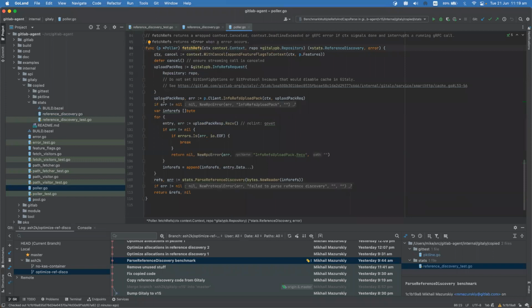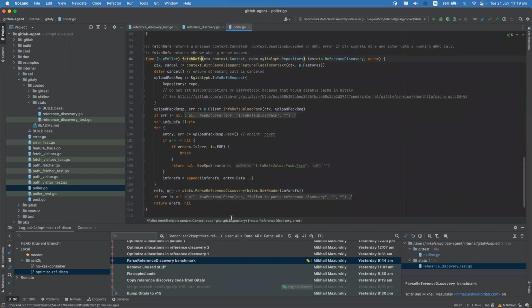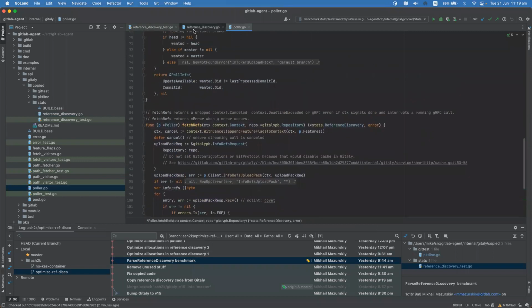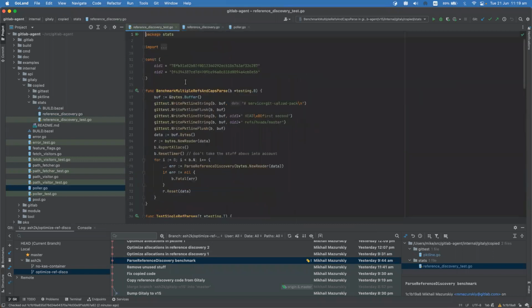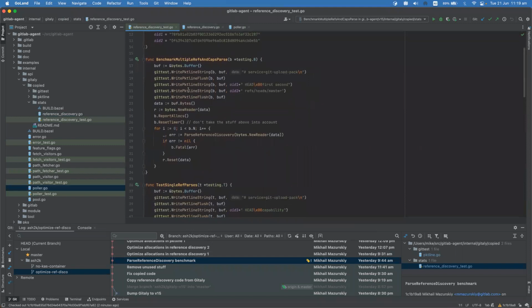So I wrote a benchmark for this parser. Let's start with the parser. I wrote a benchmark because that's how you test things and measure things in Go. So a benchmark is a test that measures allocations and times